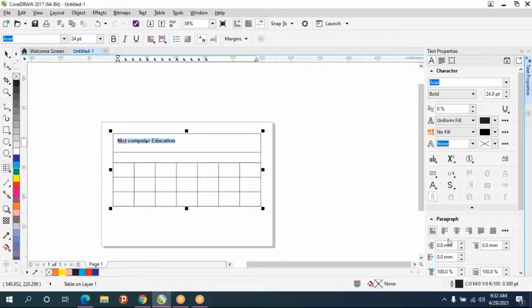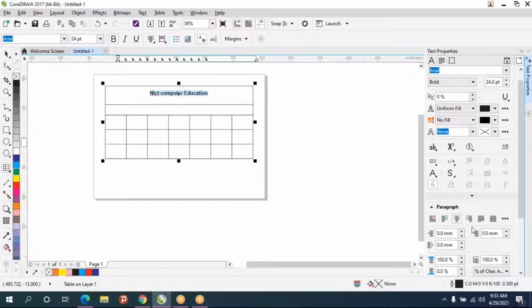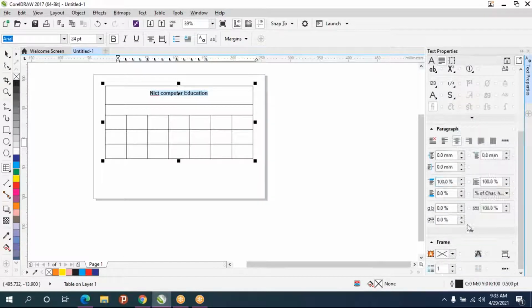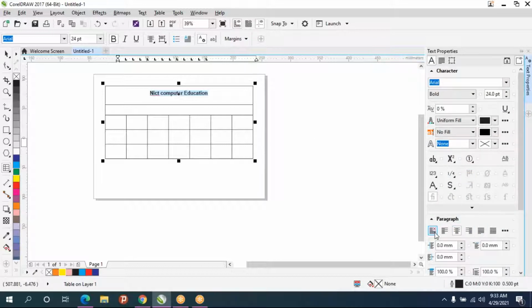Now you can see paragraph alignment: center, right, left, justify, split. We'll see more about this later in the classes. Right now you just do paragraph alignments.